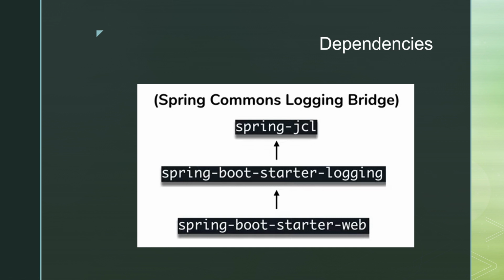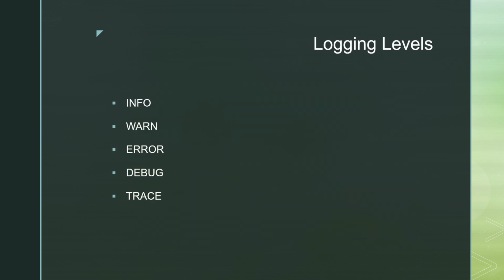With this you also need to understand the different logging levels. For your Java application, you can have different logging levels like info, warn, error, debug and trace. Your IDE is configured automatically for the top 3 logging levels, but for the rest of the 2 you will have to write extra configuration in your application, and that you will see. So let's get started.